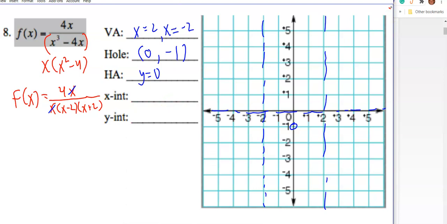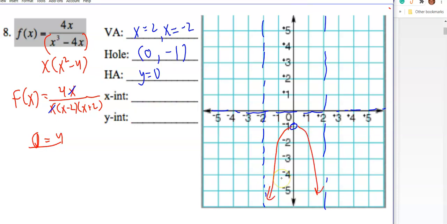Okay, let's see. So plug in here. For 0, we get -4 on the bottom. 4 over -4 is -1. Oh, wait, we already got that. We already have a hole there, so we don't need a point. There's no point there. It's just a hole. Plug in the x-intercept, so that would be 0 equals 4, which is no x-intercept, which makes sense in the context. So looks like the graph's going to kind of go up,